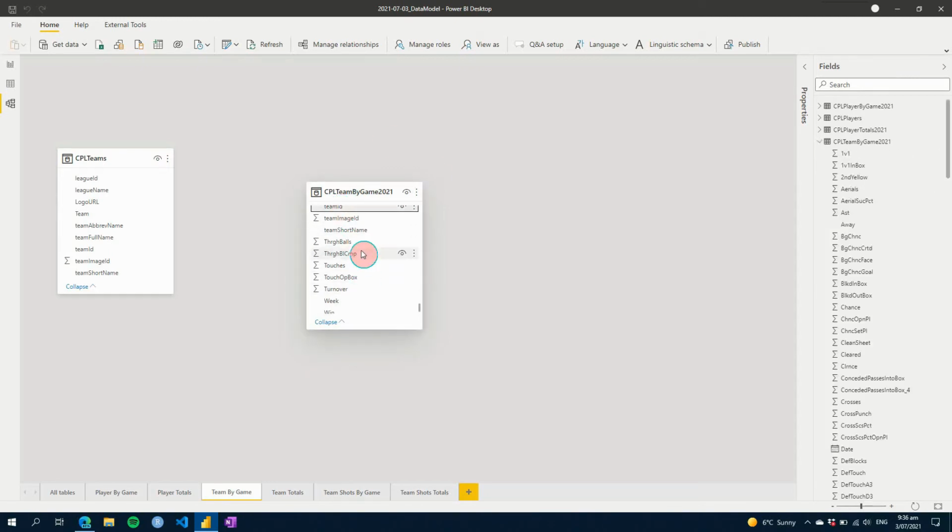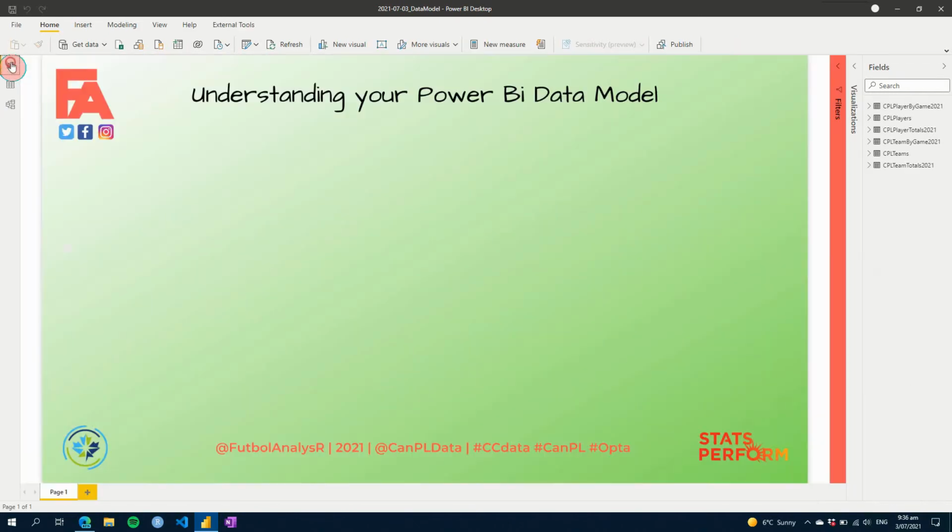So we have team ID here and we have team ID here. So if we drag this across this direction, it'll create a relationship between the two columns. And as you can see, it shows up here. What you also have is an arrow to show the direction. So that means that the teams here in the CPL teams table will filter that of the team by game table. So if we go back to our report,